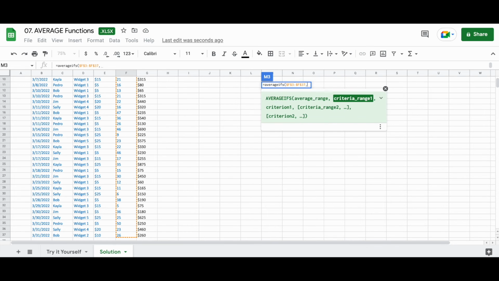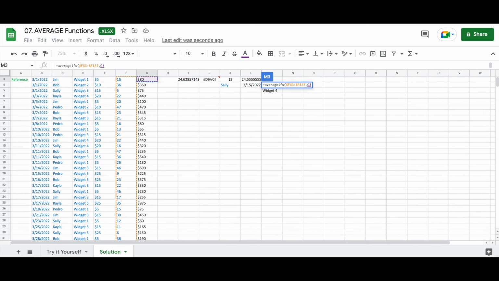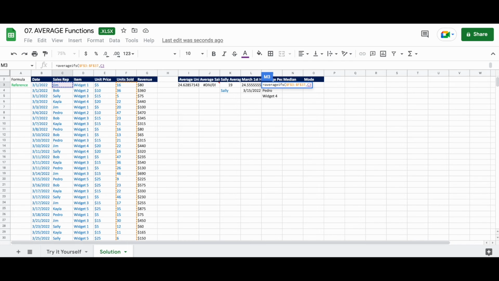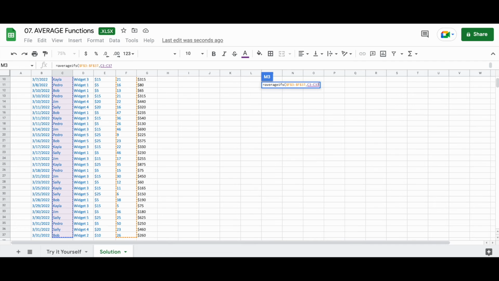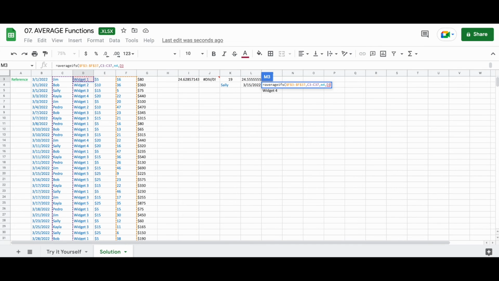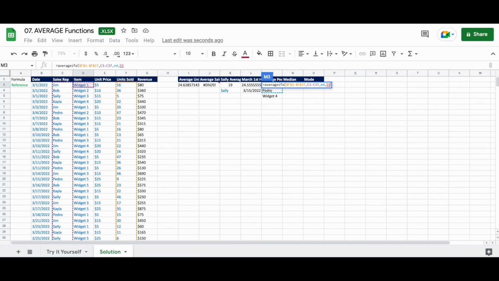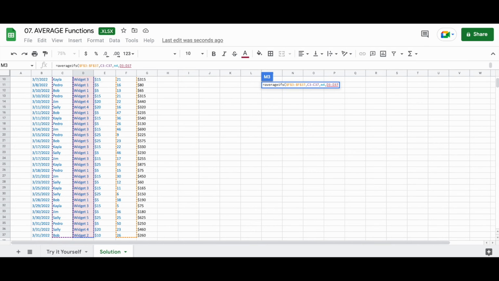So now remember, our first criteria is going to be Pedro. So let's go over here to column C, and we're going to do C3 down to C37, comma M4. Again, we want to meet that condition in cell M4. Then comma. Now our second range is going to be widget 4. So we're going to select D3 through D37, which is where the name of the widget is.